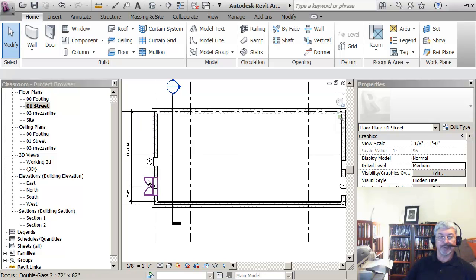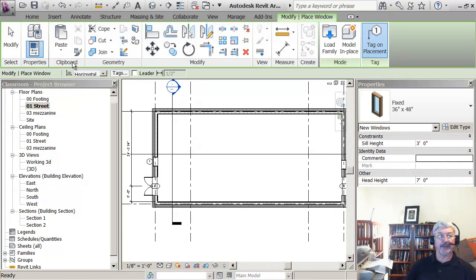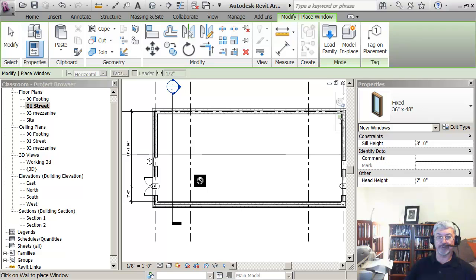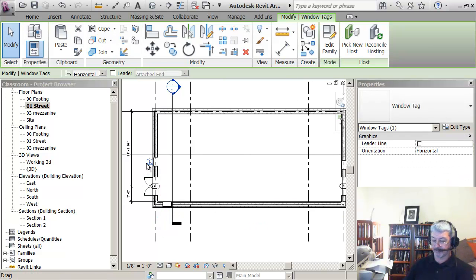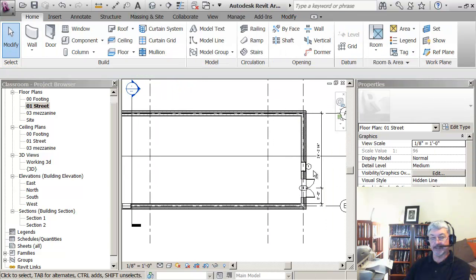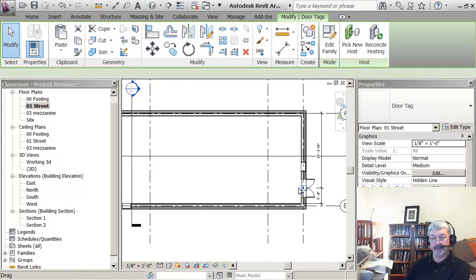Notice that I did pick the outside. Also, when I brought in the windows, because this was checked, it placed the tags at the same time as it placed the window. If I don't want to do that, I would just turn it off, and know that it doesn't matter whether the tags are placed or not, because I'm actually going to delete these, because the door tags can actually